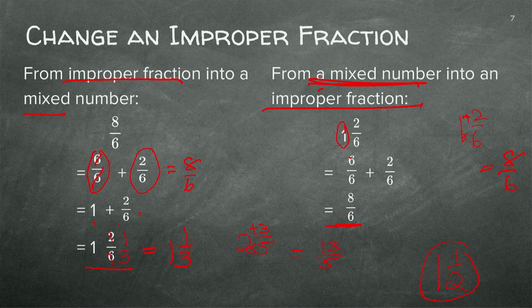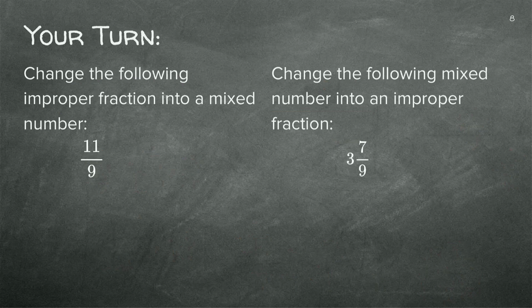It's much easier because when we get to quite a big whole number, this method is going to take a bit long. We can do it. We can say it's 5 over 5 plus another 5 over 5 plus 3 over 5, and that's going to give us 13 over 5. Can you see it's the same number? But it's just easier to say 2 times 5 is 10, plus 3 is 13 over 5.